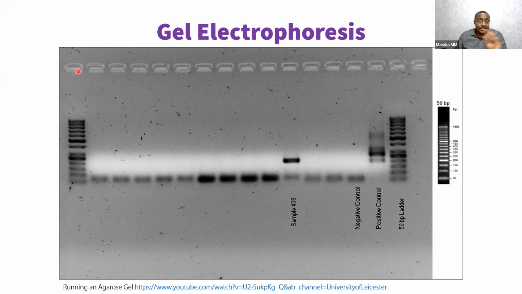And the idea is you're mixing those two things. The first one, the dye, is for you to see. You can see with your eyes when the samples are flowing from the wells all the way to the other end. And if you don't stop it, they can actually flow out of the gel. So you see and you stop. When you stop, you cannot see the DNA still. The DNA has been flowing, but it's bound to, say, the ethidium bromide,